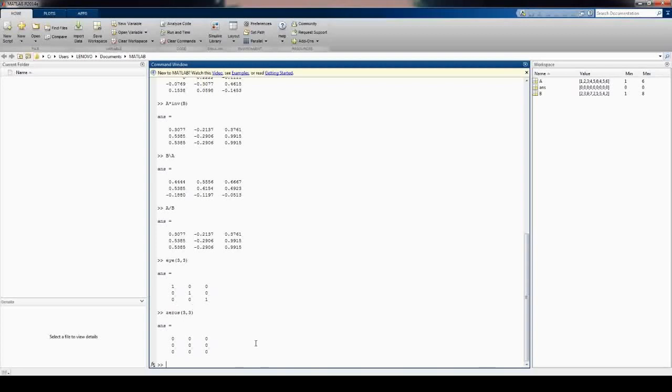Now coming to another function, ones, of the size of the matrix. It will return a matrix of size 3 by 3 with all elements set to 1. Okay, with that we'll close the session. In the next part we will start discussing the remaining operations, how to form loops and how to write a script using MATLAB.